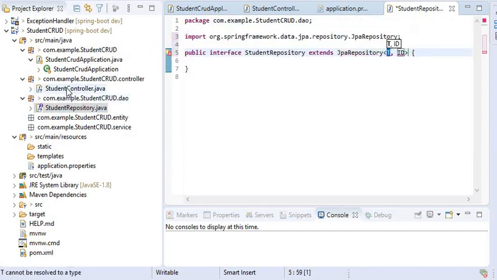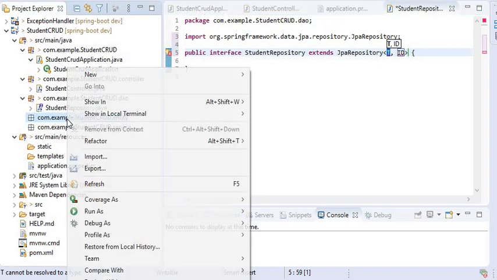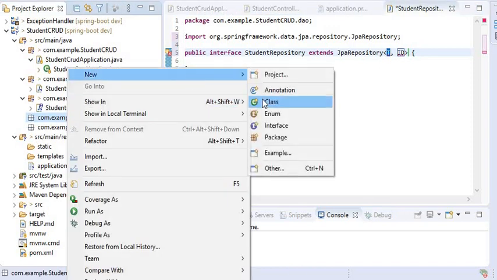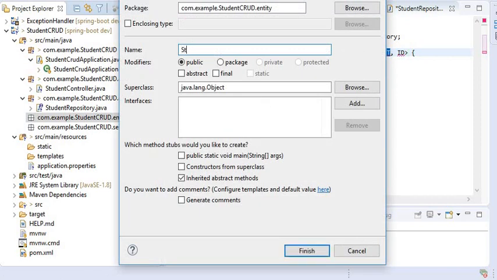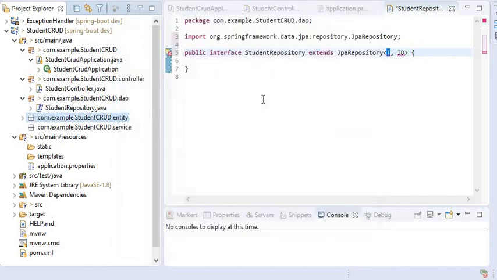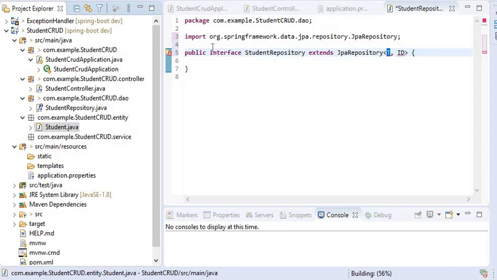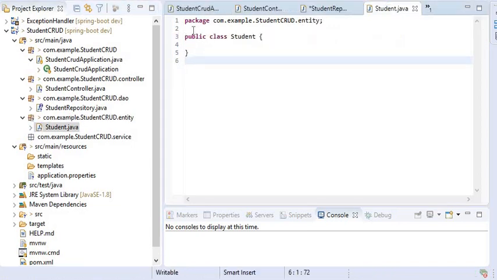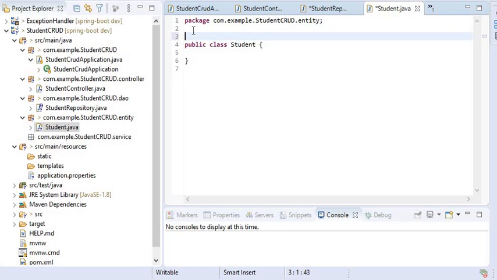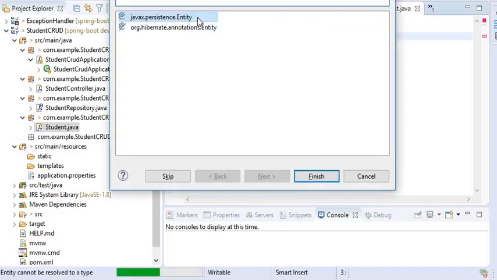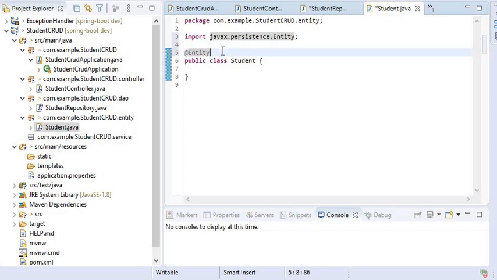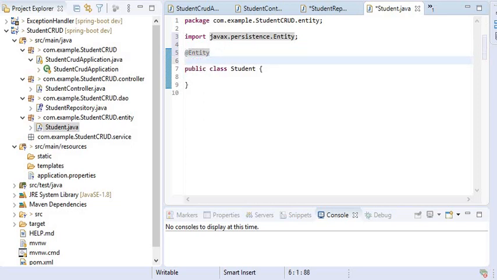So first I need to create the entity class, new class, that is Student, and for the entity class I will use Hibernate annotations, javax.persistence annotations like @Entity. And here I will use the annotation @Table, and I can give any name to my table.